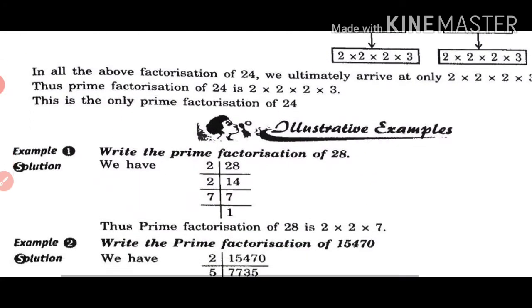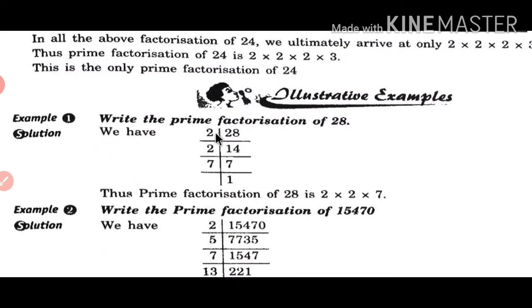Now you can see how to find the prime factorization of 28. So we always have to start from the smaller number. So 2, you can see 28 is an even number, so it is divisible by 2. And 28 by 2, how many times? 2 ones are 2, 2 fours are 8. Then again 14 is an even number, so we can divide by 2. How many times? 7 times. So you have to write it below 14. So 2 sevens are 14.